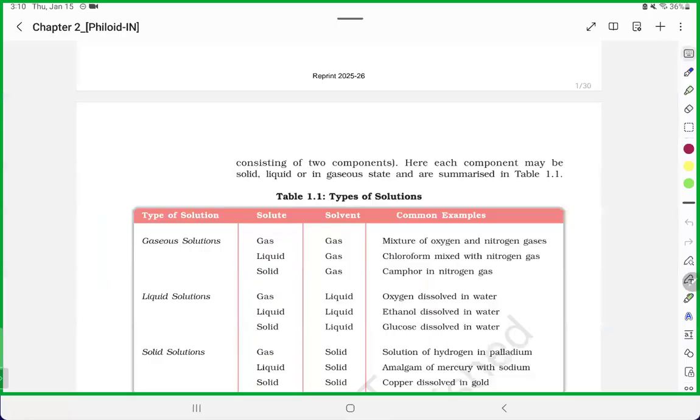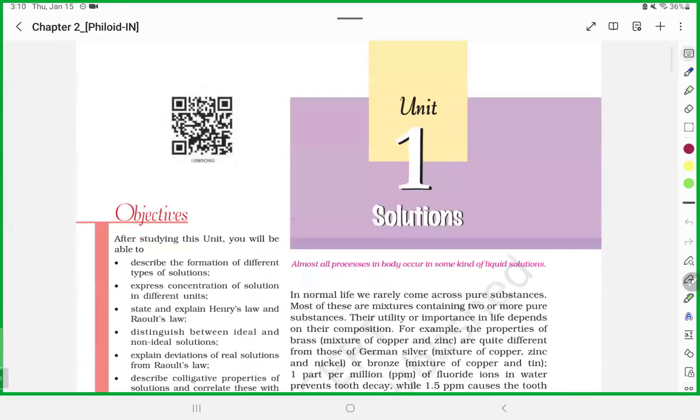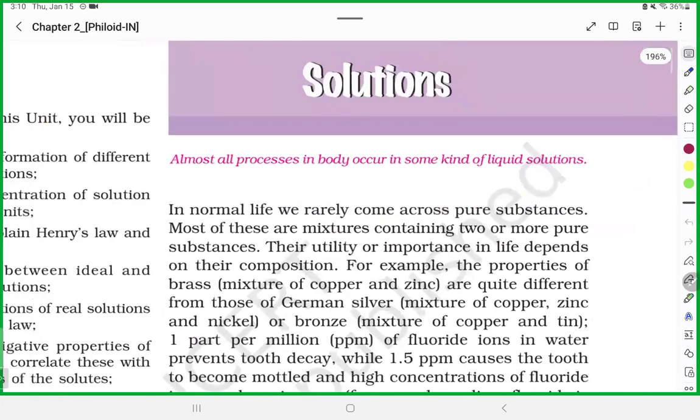This is a chapter that is linked with your mole concept chapter from the beginning, and one of the easiest chapters because